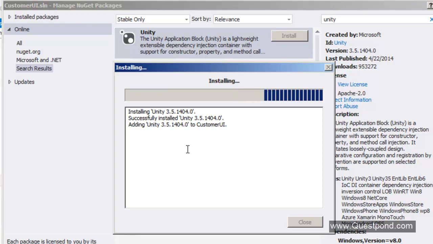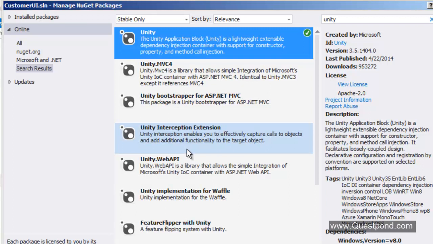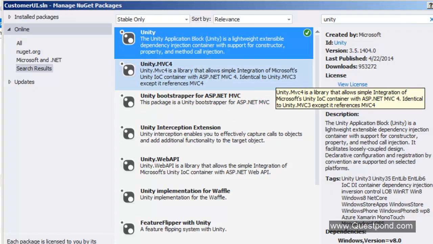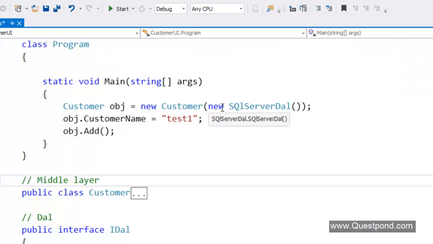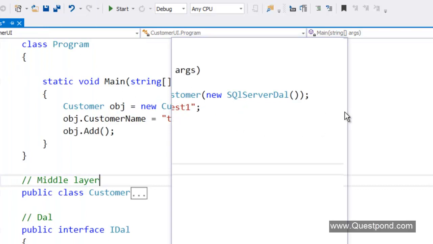It adds the references to your project. Everything is automatic here. So rather than going and downloading by using the traditional way, you can use NuGet here. It is much better. It's easier and also it is more accurate as compared to doing things manually, right?